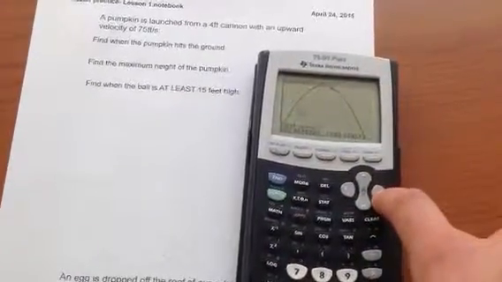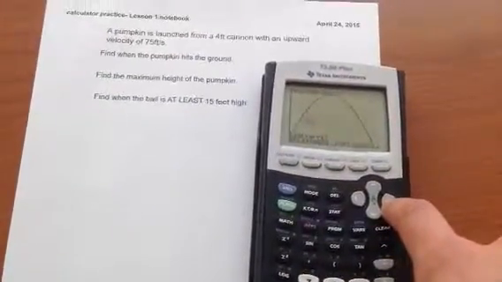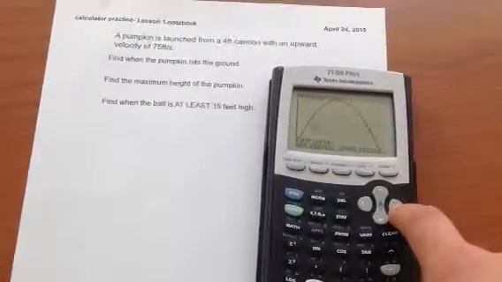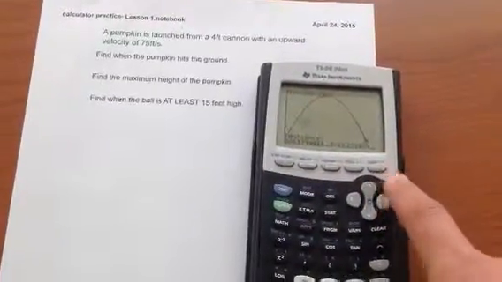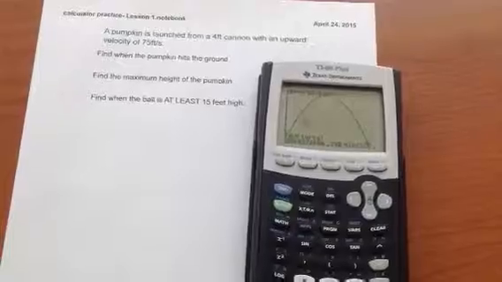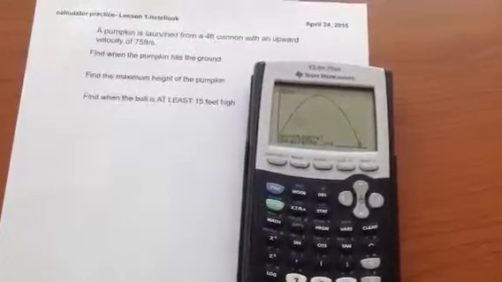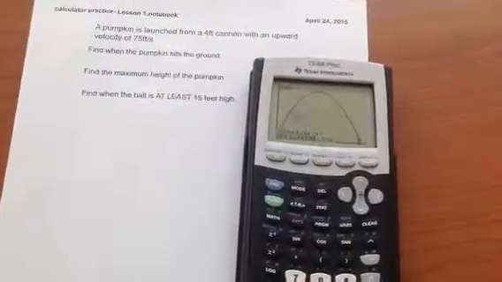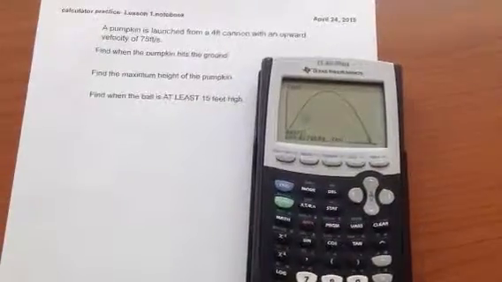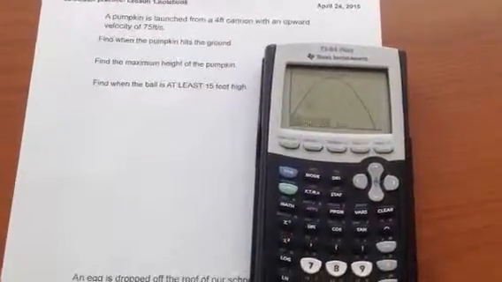So I'll move the little blinky character all the way over to where it hits the ground. This is the first curve, so I'll press enter when I'm close. The second curve just jumps to that 0 line, so I'll press enter, and then I'll guess, which I'm also close to, and press enter again. It will